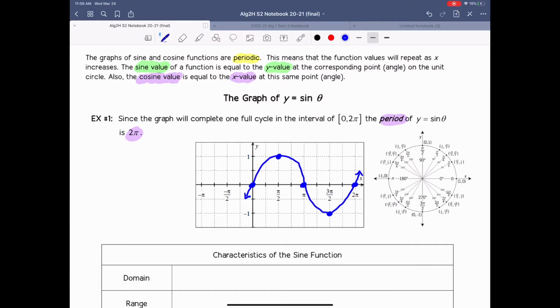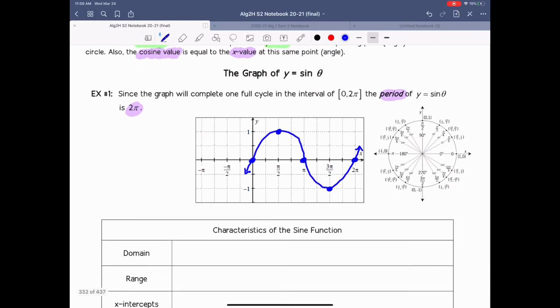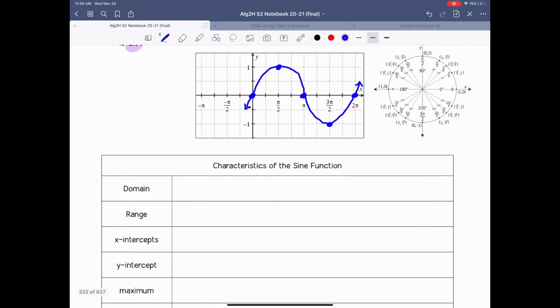All right, so let's move down and talk about some of the characteristics of this graph. First of all, the domain. Well, this graph is going to go forever in the left direction and forever in the right direction. It's just going to continue to repeat itself on and on and on, and same in the right direction. So I'm going to say that the domain of this graph is all real numbers, negative infinity up to positive